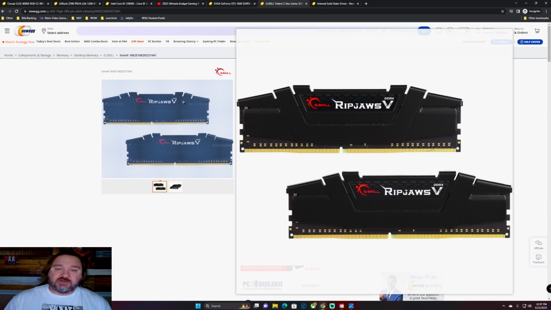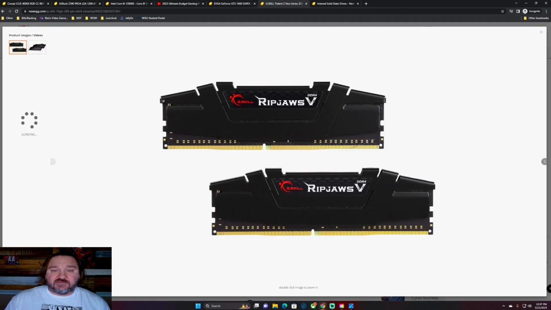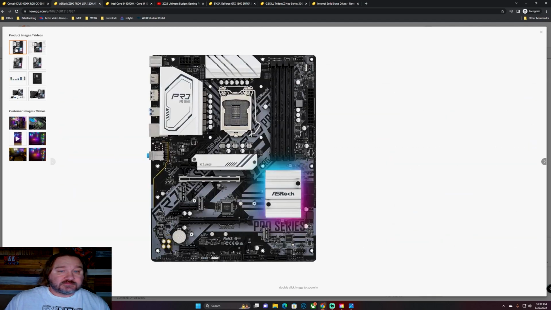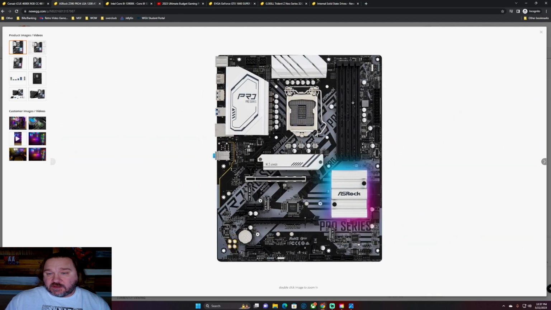This is a pretty bare bones looking kit of RAM here. This G.Skill, these Ripjaws. This is actually good RAM. This performs well, but it's just got some metal heat spreaders clamped over the top of the silicon here. There's no RGB. There's no nothing fancy on here, but these will stick into those slots on the motherboard right